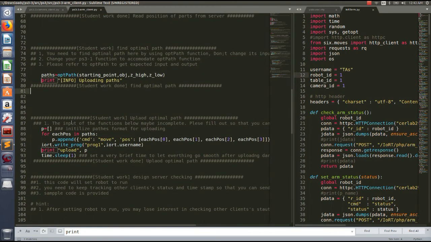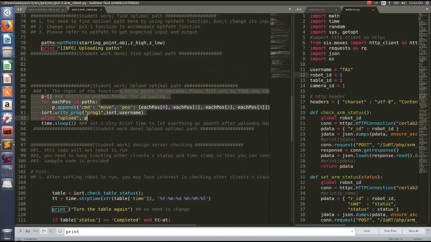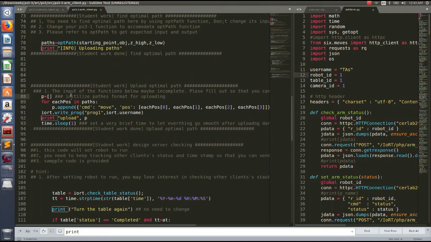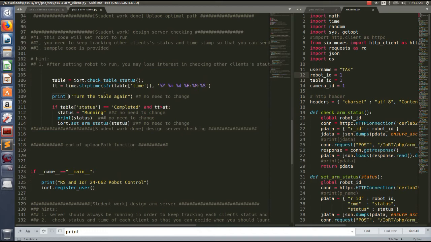And also the same structure here. Upload the optimum path. Basically, after you guys finish the motion planner, you need to upload this information to the robot arm's client, so that the robot arm knows what kind of path it should follow. So figure out how to upload the path here,